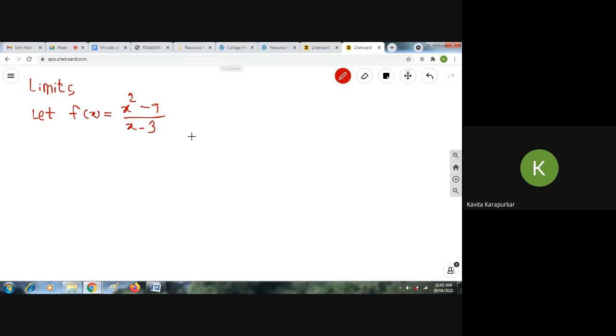Now, when I substitute x is equal to 3 in this function, what happens? When x is equal to 3, my f of 3 value is